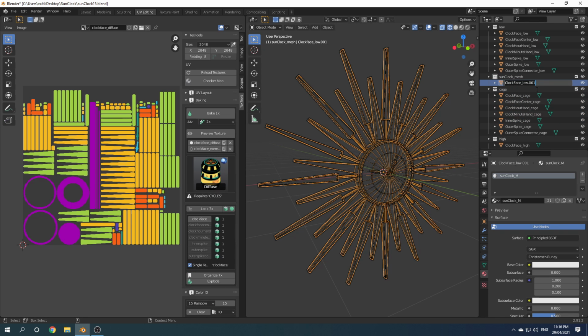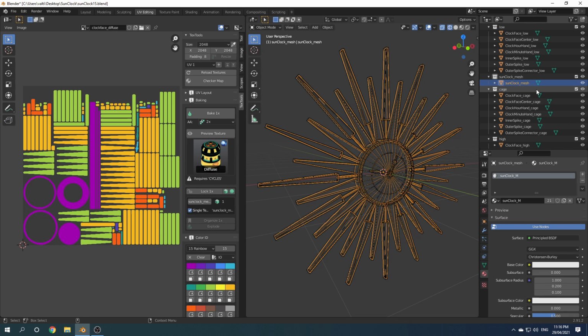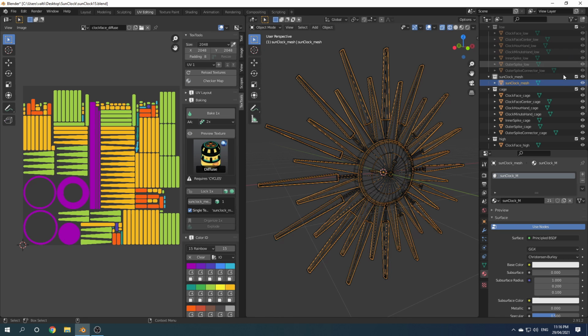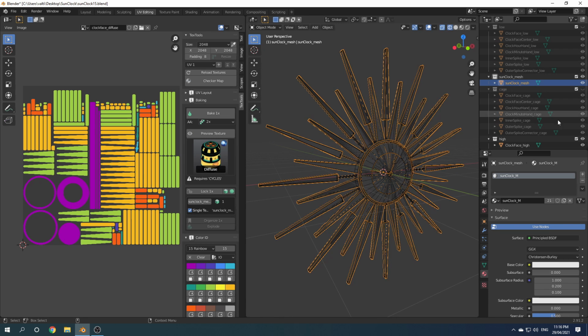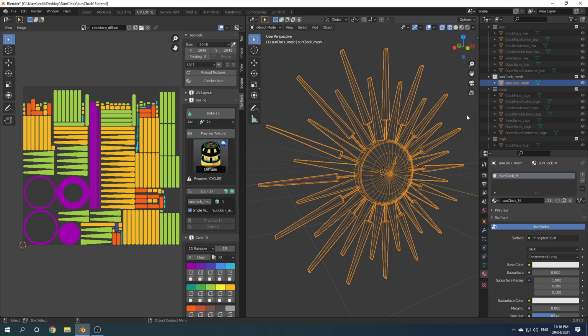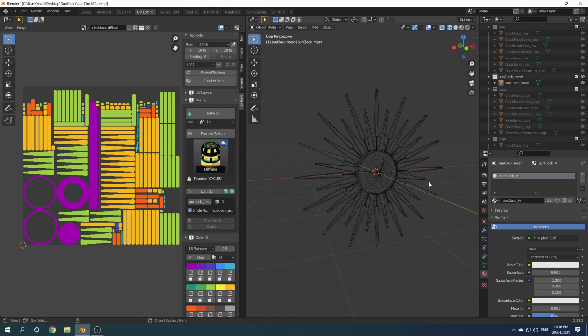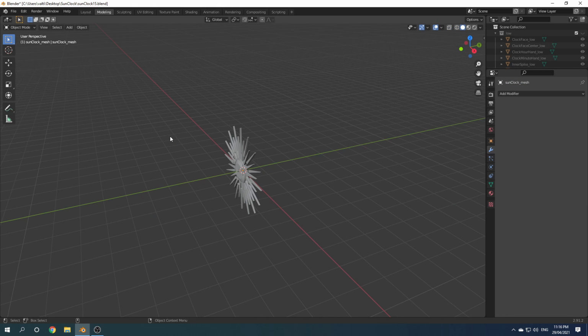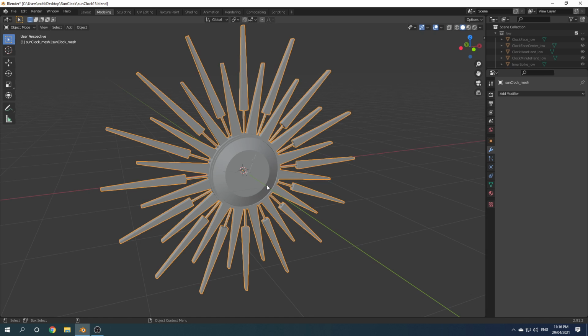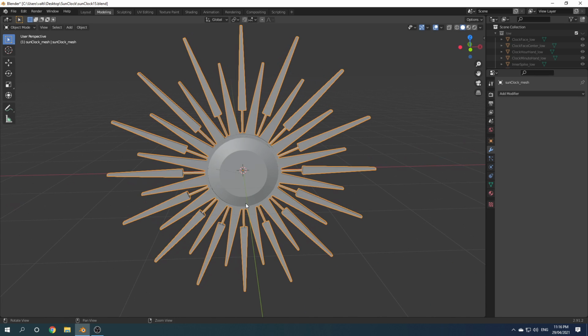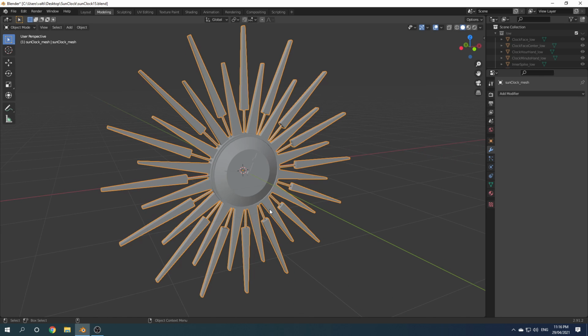And again, I'm going to rename that. I'm just going to call it sunclock mesh again. And I'm going to hide everything I don't need. So I'm going to hide low. I'm going to hide cage. And I'm going to hide high. Cool. So from here, I might just go to my modeling. And from here, what I'm going to do is I'm going to actually scale this to an appropriate size for